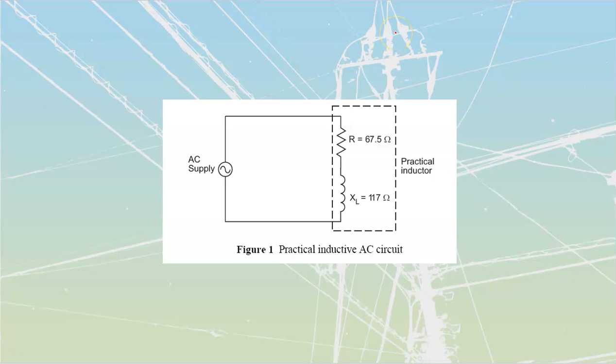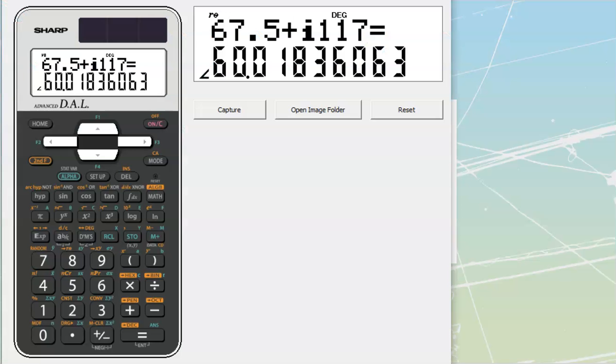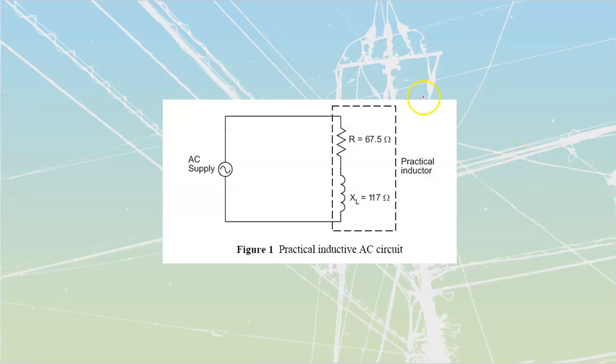The first thing that we are going to solve for is our impedance. Now, we did that through our calculator, right? We punched these things in, 67.5, that's my X, plus a J operator, or a Y, of 117. That was my XL that I had off of my coil, and we found that it brought us to a value of 135 at an angle of 60 degrees. So we're going to start with that value over there,